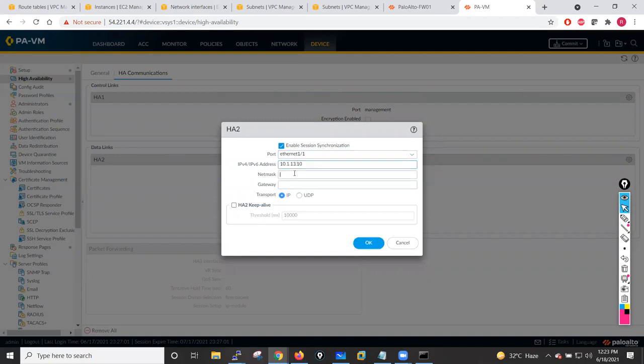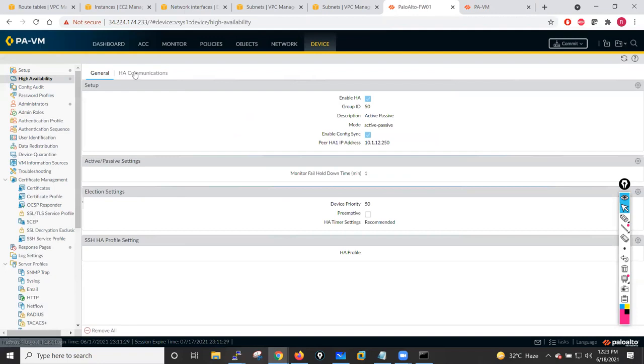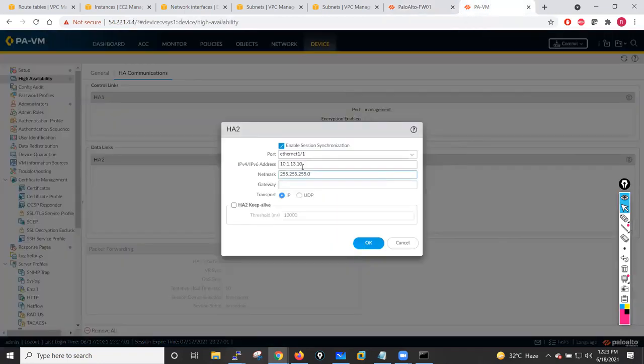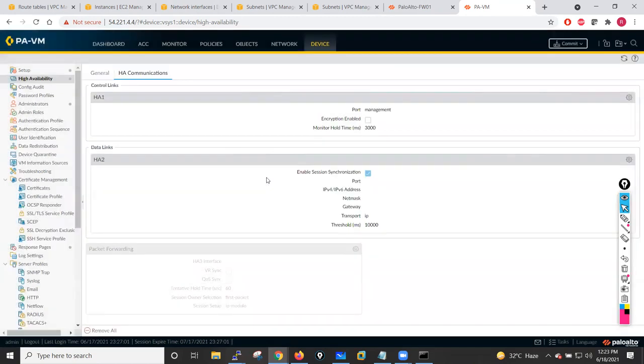10.1.13.10, 255.255.255.0. Go there, 10.1.13.11. We'll use 10.1.13.11. I will use here the HA2 interface 10.1.13.11 here, and here also we have